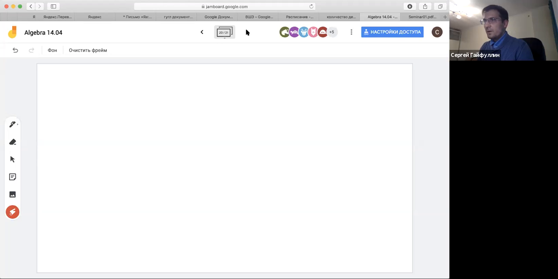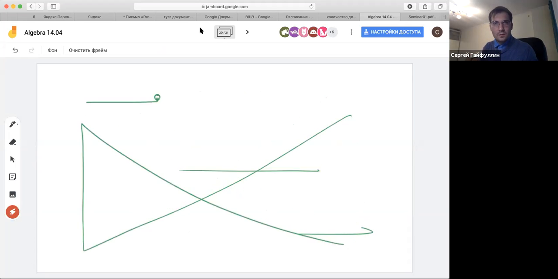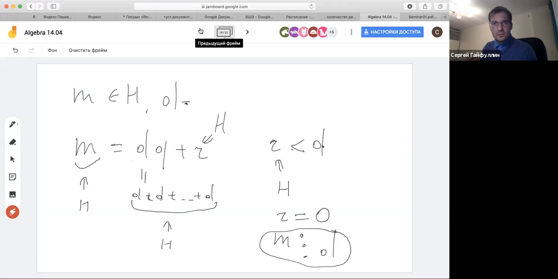Then we have an element n minus kD, which is 0, and this belongs to H. So this element belongs to H. But it is just an element which is smaller than D. This is a contradiction, and the only one, I'm sorry, where is